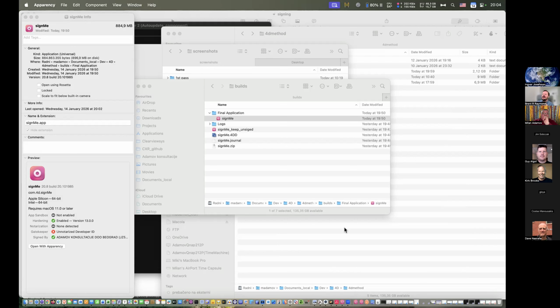Yes, so you can effectively inject it into the 4D settings file. The best thing to do when you play with this is just change one property in build settings in the GUI, and then open the XML in a text editor and see the differences. That's how I did all the things.